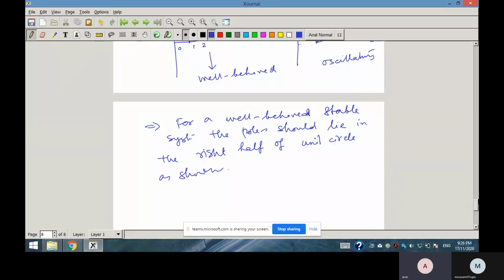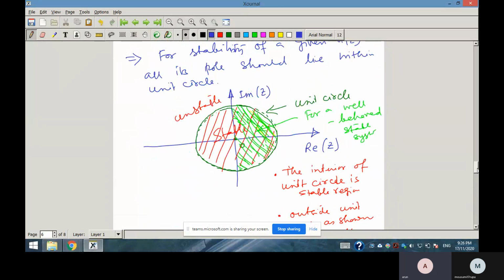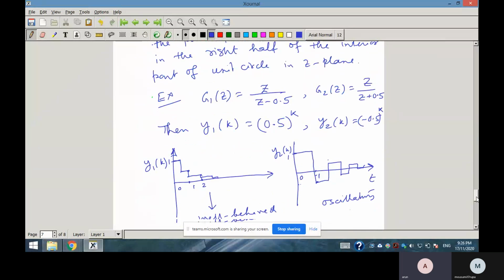As shown means here I have shown the right half of the unit circle. Okay,